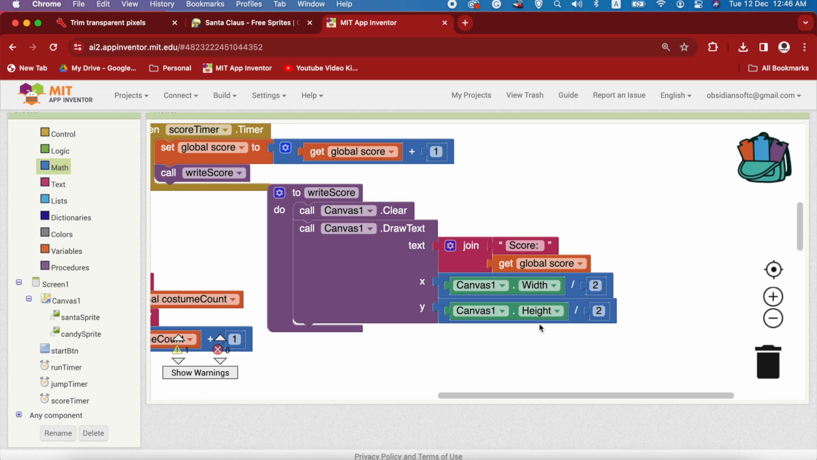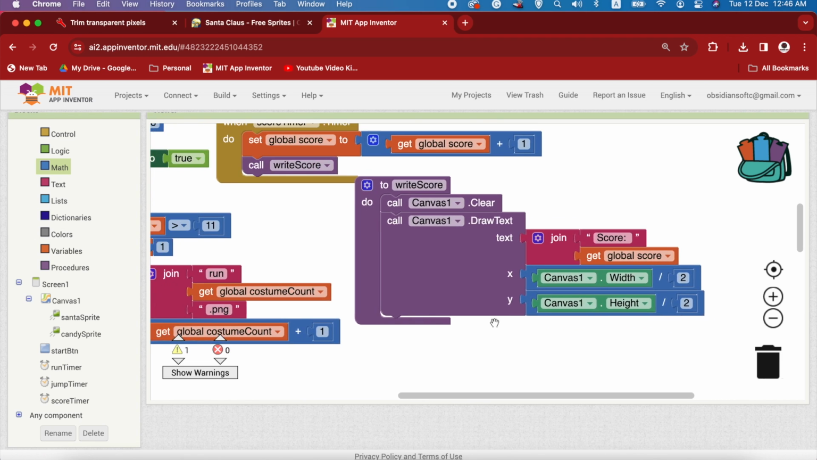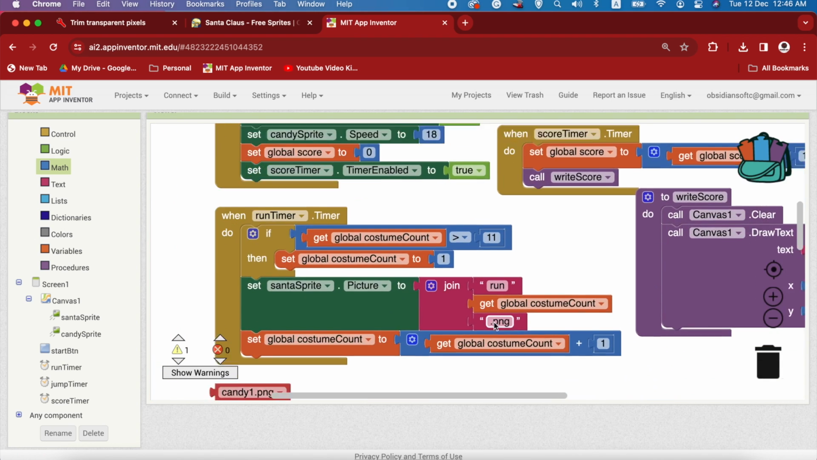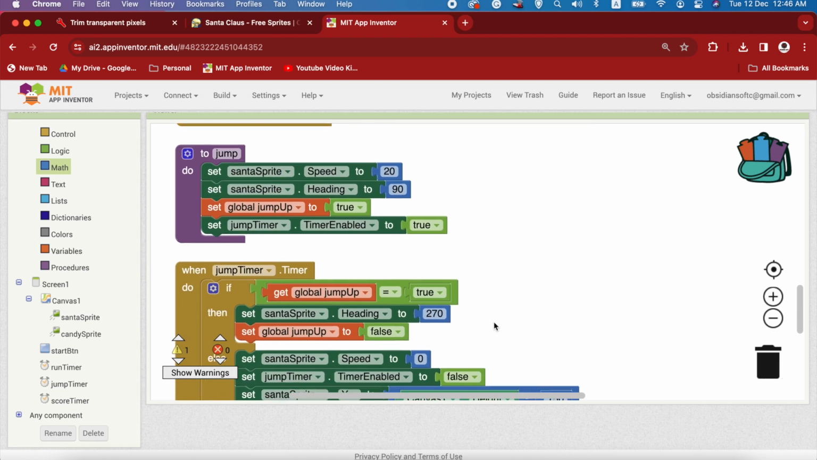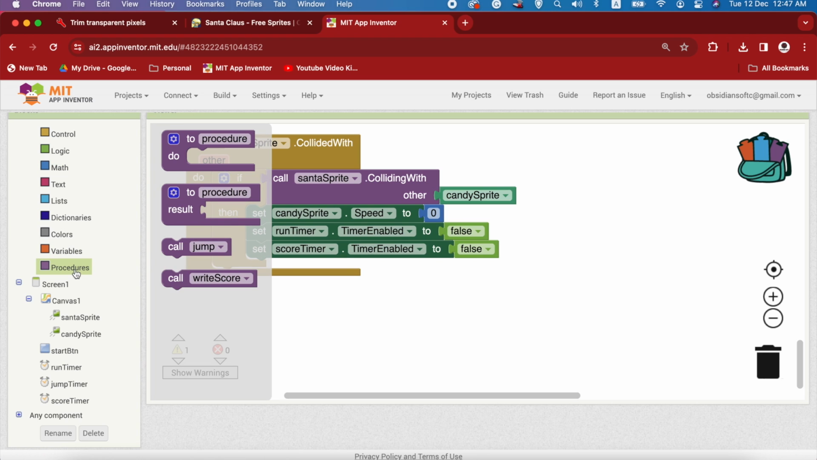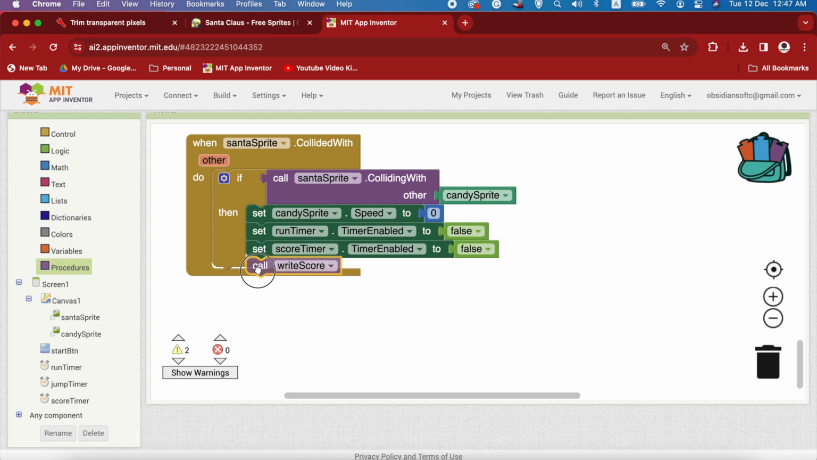Last is our game over message. So we need to edit our collision event again, because that's where we decide that the game is over. So where is it? Where did it go? Yeah, collided with. And here, first of all, we are going to rewrite the score. Okay, and then we are going to call,